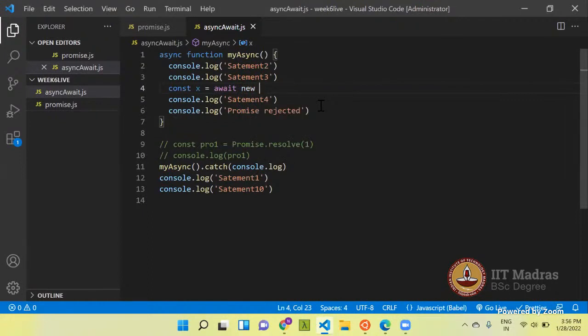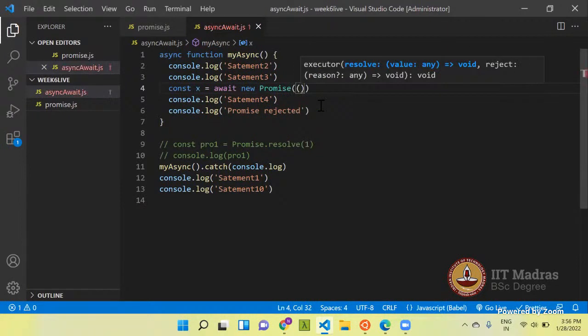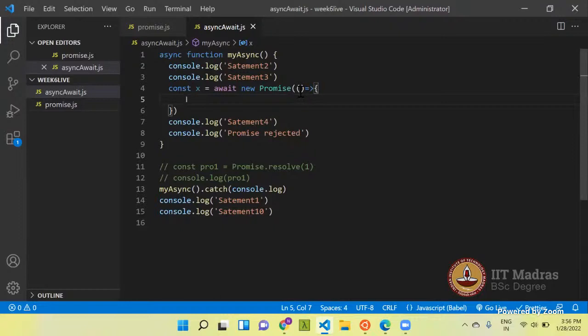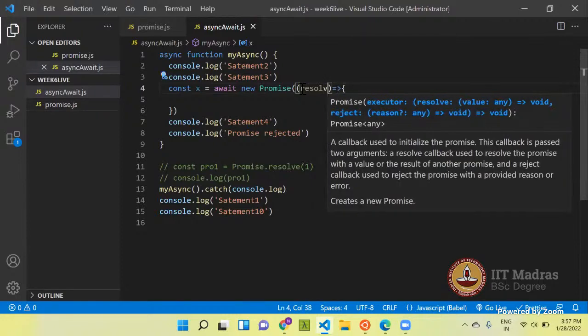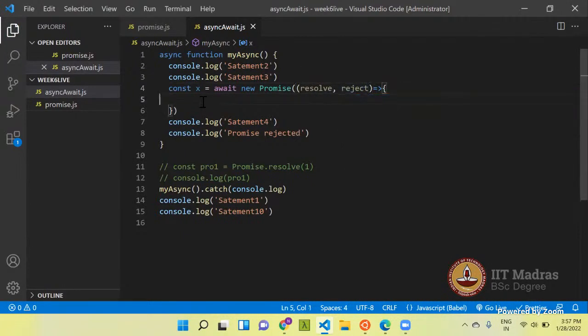New promise, and this promise will have two things. You can change the names of resolve and reject. You can write Ram and Sam here. It's not an issue. It's just a name.